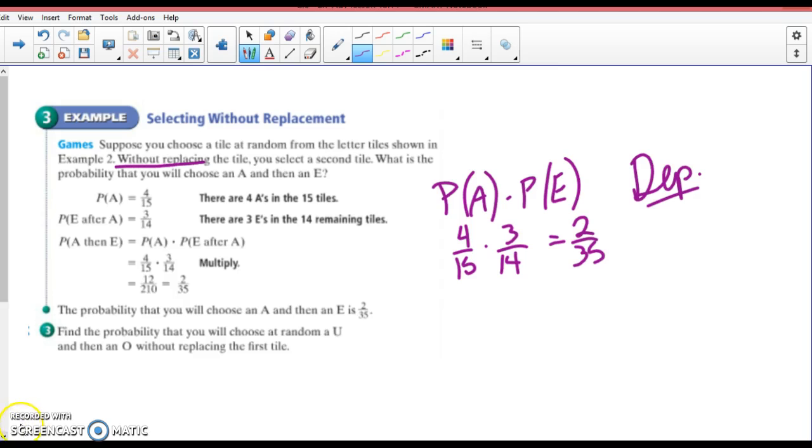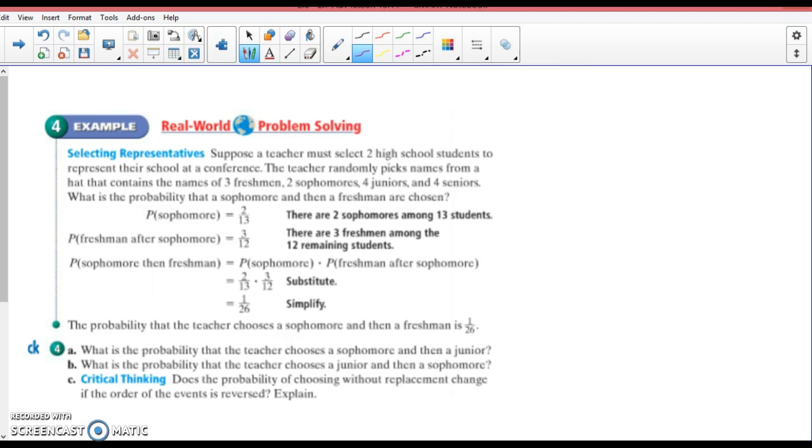All right, let me look at this one. Suppose a teacher must select 2 high school students. You know what? We already did this. This is exactly like the one we already